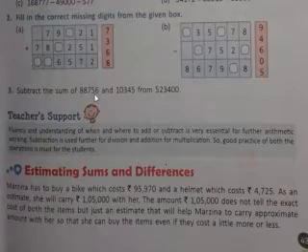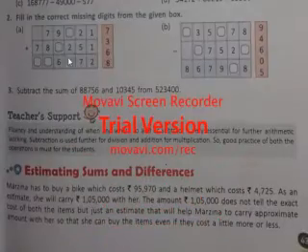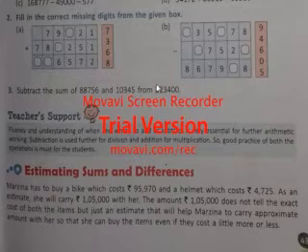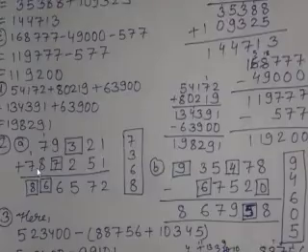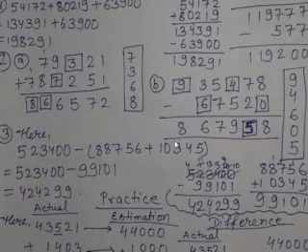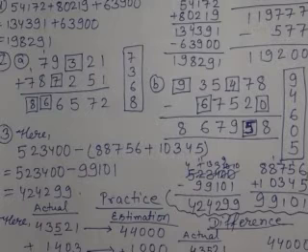So if you see, this same thing I had written in the form of bracket. Here it has been said it should be added first, then it should be subtracted from 5,23,400. So I wrote 5,23,400, because from that it has to be subtracted, and in the bracket I wrote 88,756 and 10,345. This is why I wrote it in bracket, because this should be added first, then subtracted from 5,23,400.